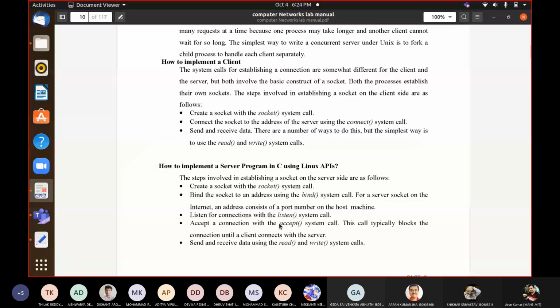You have to always listen on your interface to see whether any request is there for you or not. For that purpose there is the listen system call. Everything should be in sequence. First you create a socket, then you bind the address and port number to that socket, and third you start listening for requests and keep on listening.